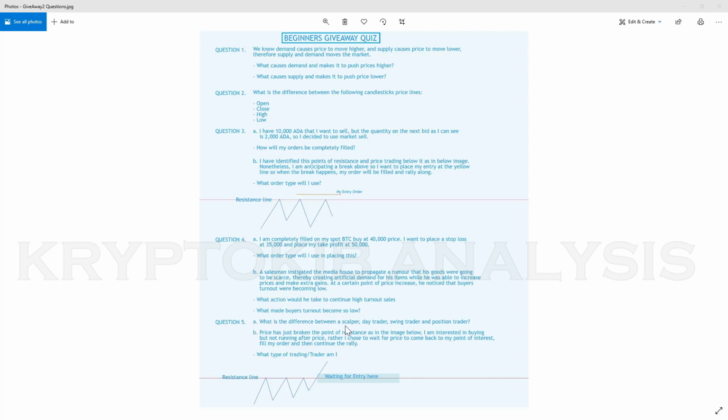Then this question 5. Scalper, day trader, swing trader, position trader. You know that already. Scalper opens and closes the position on a very low time frame. Not just very low time frame, but very short period of time. So they can take as many trades as possible. The day trader closes and opens their position all within a day. They do not sleep on a trade. Swing traders can sleep as many nights as they want on a trade, from hours, a day, weeks, or months. Then position traders, those ones can hold the position for 2 to 5 years. Those are investors or long-term holders.